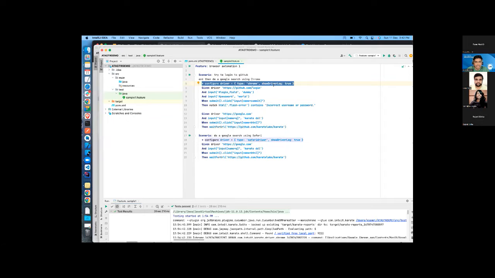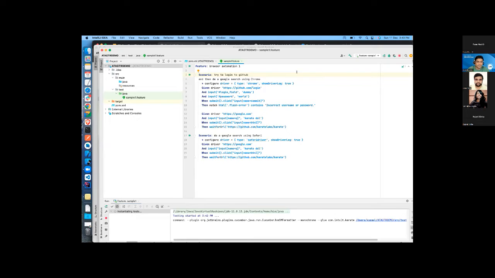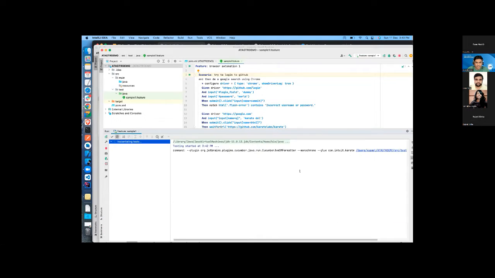So what I've done is I've added this Chrome configuration in scenario 1 and the Safari driver configuration in scenario 2. I will just close this to avoid any problems and quickly run this feature file, which is started.